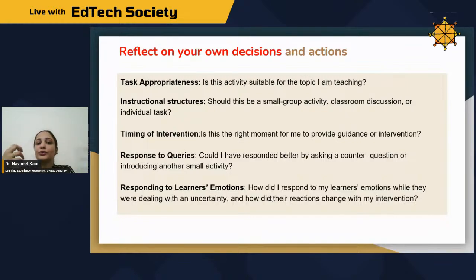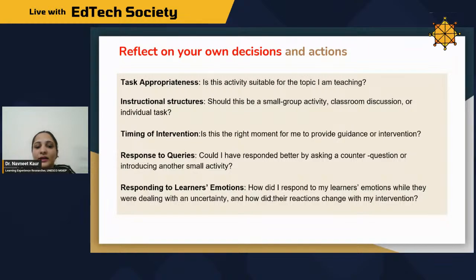So you have to think about what you want to achieve from an activity and whether this structure will help you and your learners to engage productively in the questions that will come up during the process of doing those tasks. Then, timing of intervention: you have to think, is it the right time to intervene or tell, or do I need to just nudge them or guide them towards something so that they can explore the question more? So you have to reflect on what's the right time to tell and what to tell, of course.